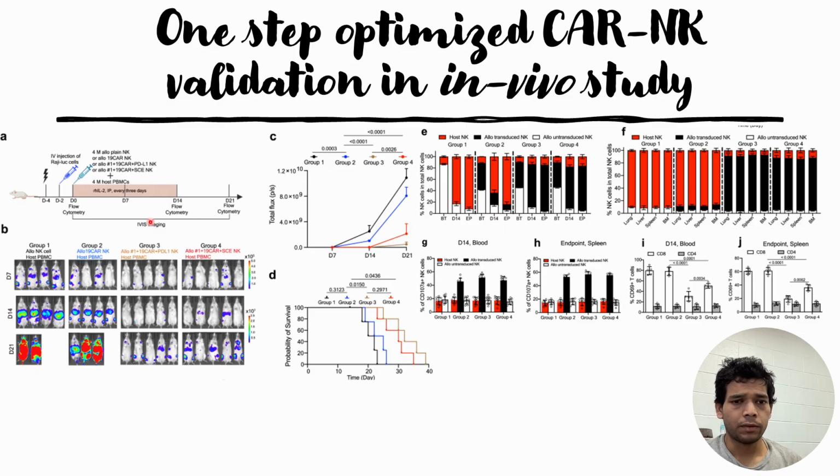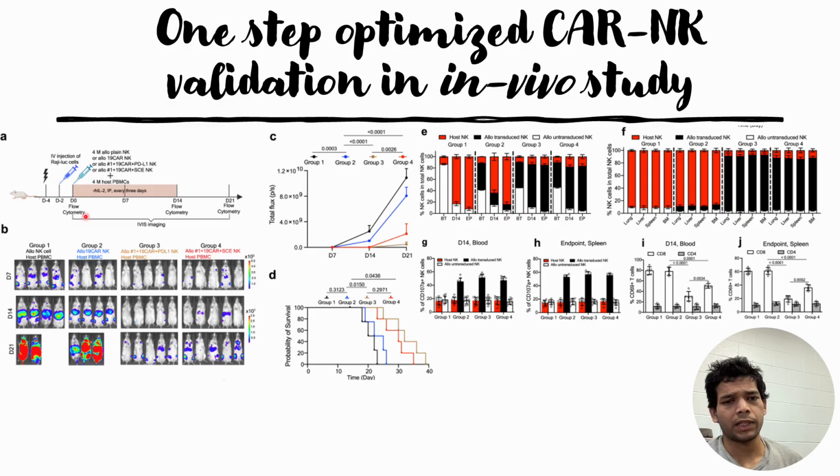That is, they used the Raji tumor cells in this case. In the previous in vivo studies, they used some different tumors. So what they did is they took the mice and irradiated them so that there would be less tumor rejection, and 2 days after this irradiation they injected the Raji tumor